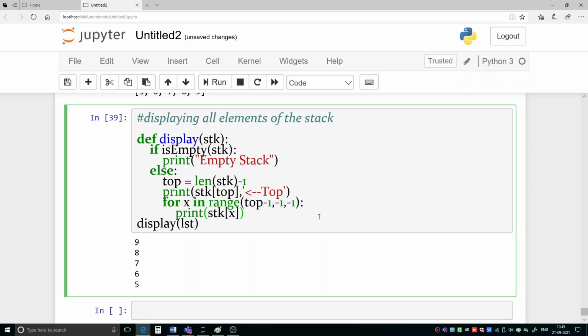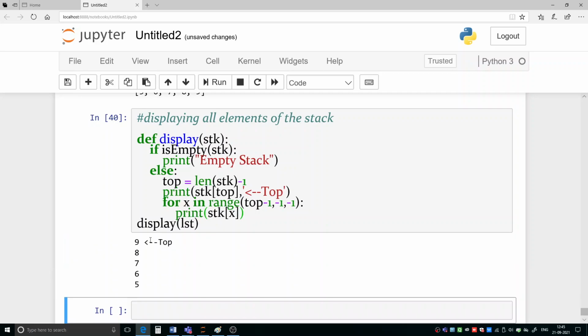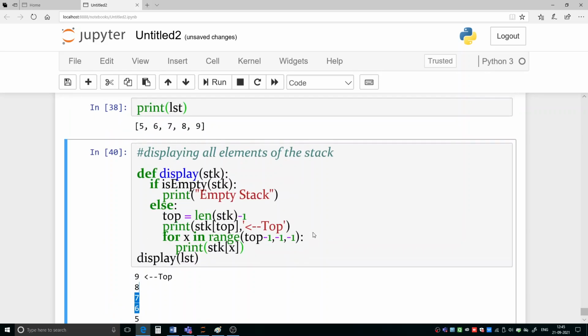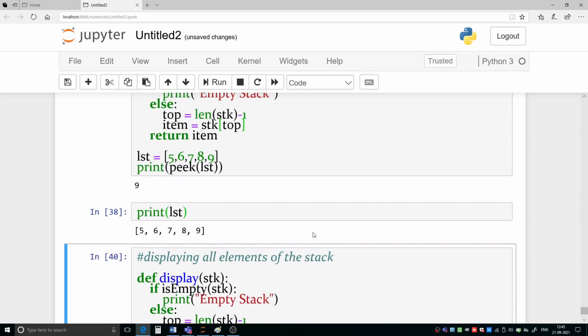Okay, now let us run it. Here we have given the mark that this is the top element, and the other elements are there in the stack. So all the operations we have performed separately. I hope there is no problem for anybody. Is there any